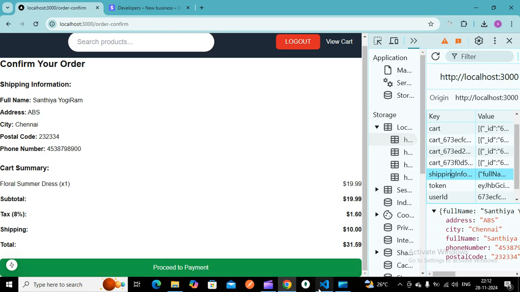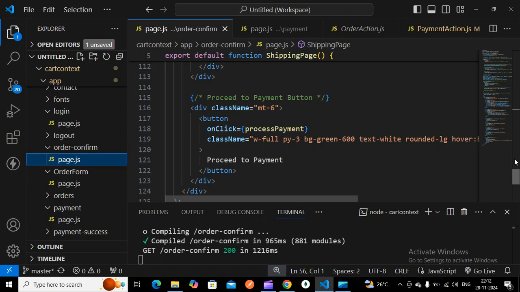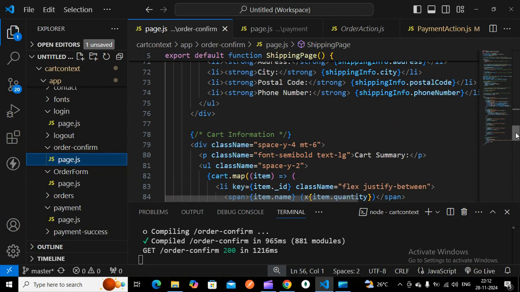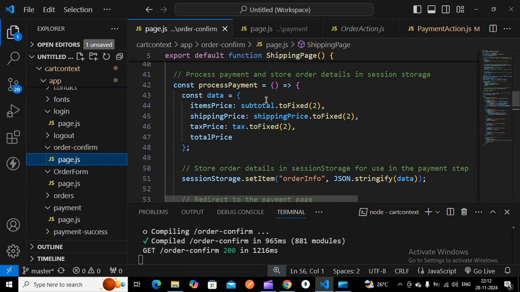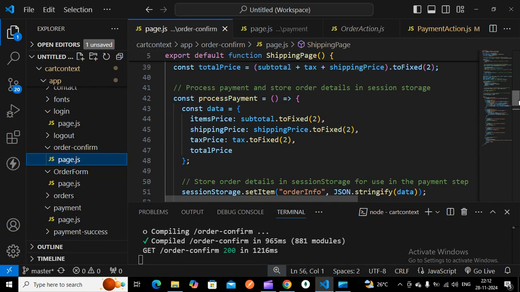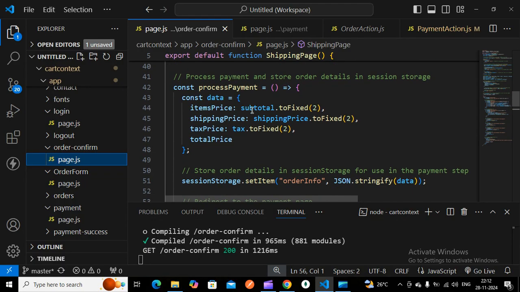Once I click this proceed to payment, this function will get called, this process payment, so I have defined in this particular order confirm page. Here you can see, in the order confirm page, you will be getting the subtotal, tax price, shipping price, total price. You will be getting this particular information.